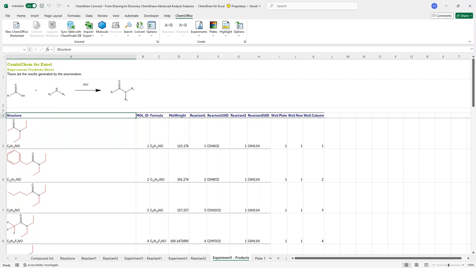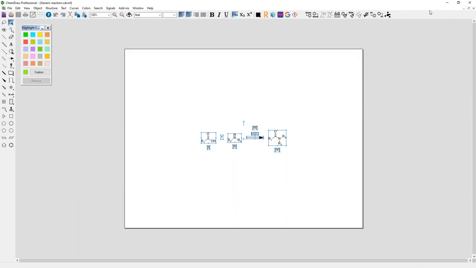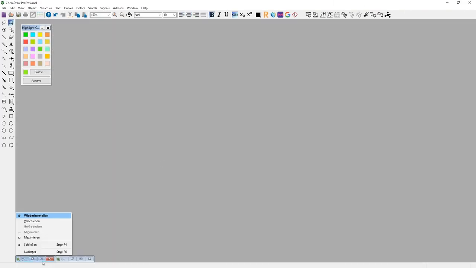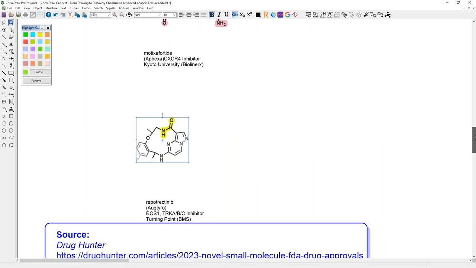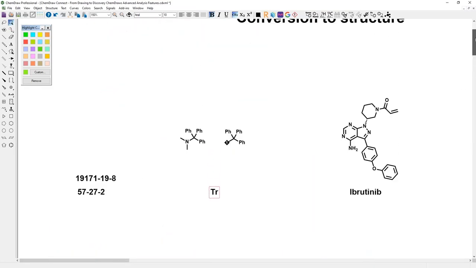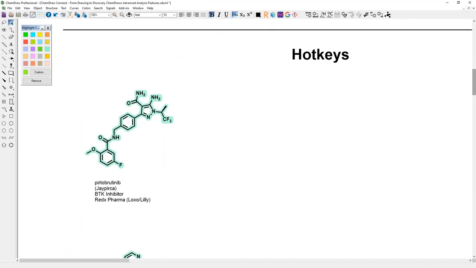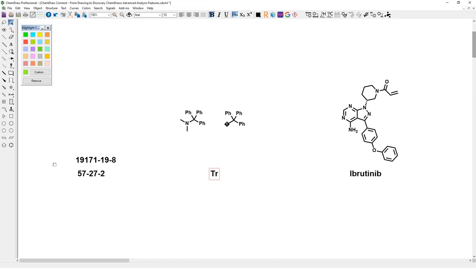So in summary, we looked at quite a wide range of different functionality options that come with the ChemDraw suite of products. Not only with regards to, sorry, let me bring back the other one as well. Not only with regards to quickly drawing with the hotkeys, like I've shown you on that example, or bringing in structures from certain identifiers, which can certainly save you a lot of time, but also, or especially today, with regards to analyzing the structures, calculating properties, which you could either do in here, in Chem3D, in ChemDraw for Excel,